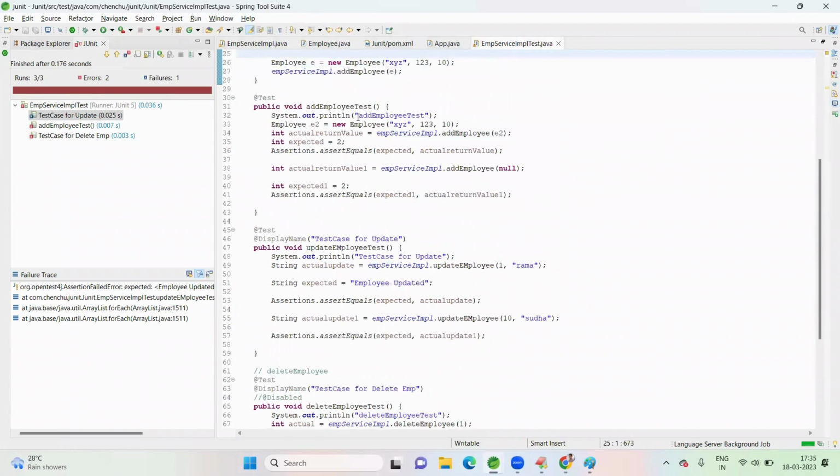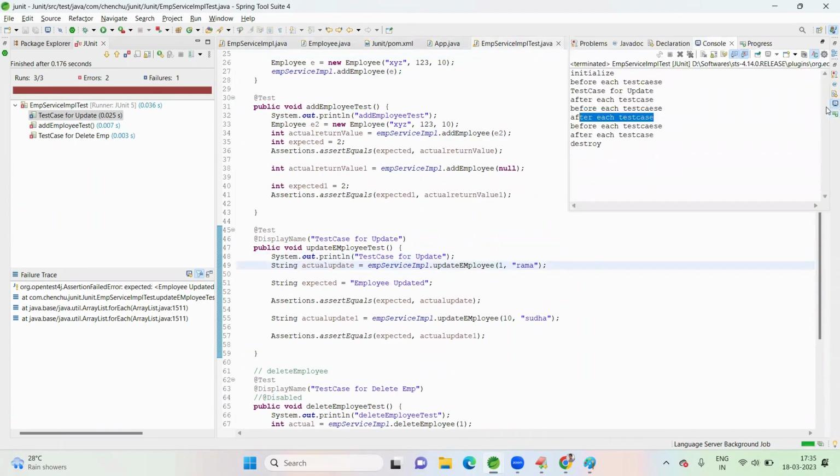Add employee SOP is there. This is add employee, update employee, delete employee. Test case for update. Okay, after, before, after, before. Next one is